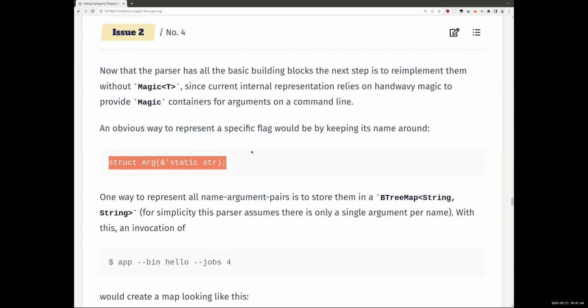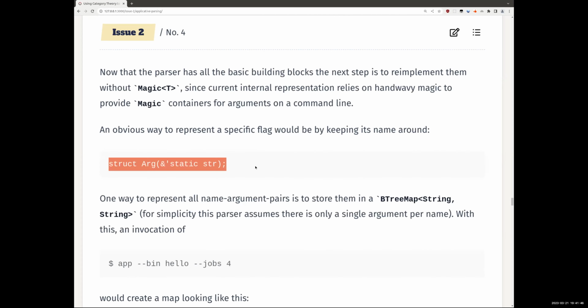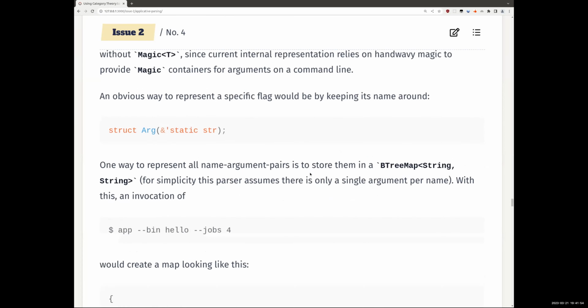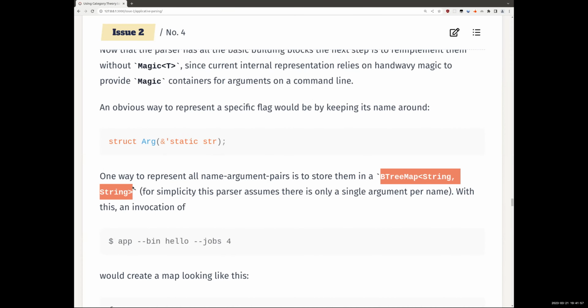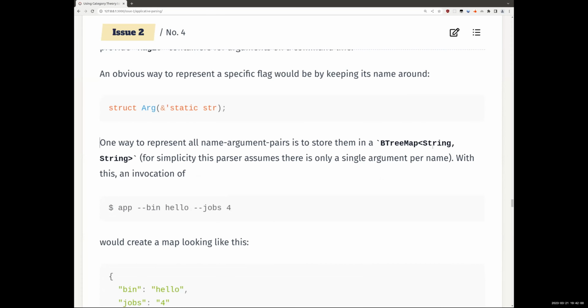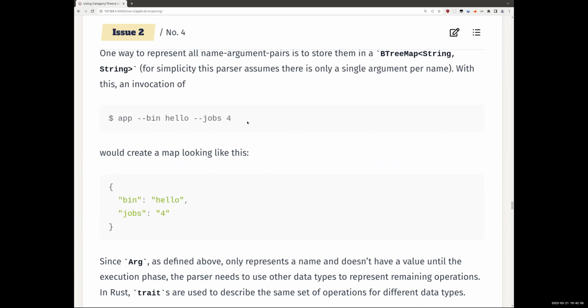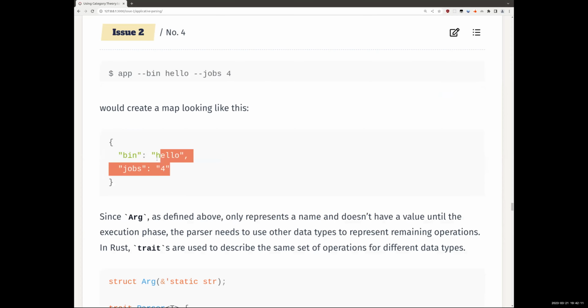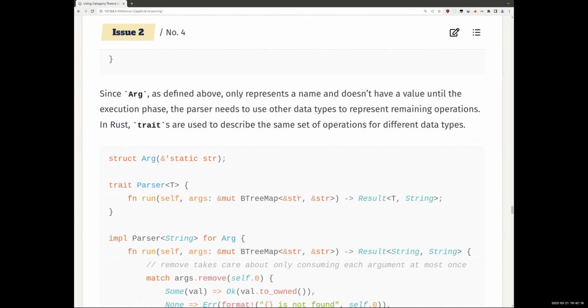So I start by representing an argument by keeping its name around and by capturing all the arguments into a B3 map, going from argument name to argument value. For example, if the application was invoked with -terpin hello -jobs 4, it can generate a map looking like this. Since the argument only contains a name, it doesn't have the value until the execution phase,